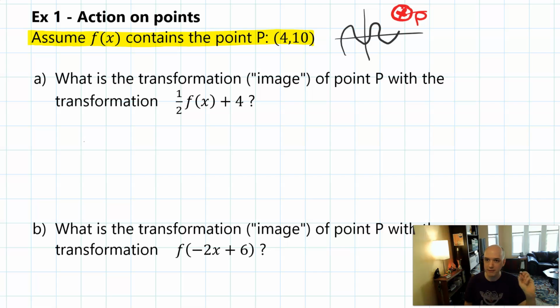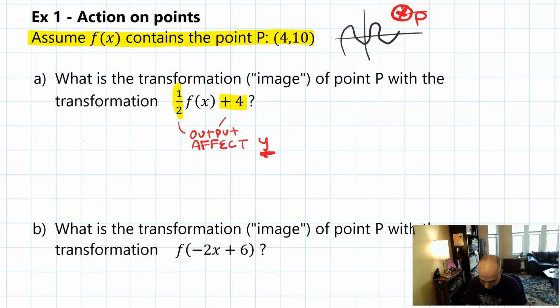And we want to know, if we apply a transformation to this mysterious f(x), what will happen to point P? What will be the transformation, sometimes called the image when you're talking transformationally, of point P under certain sets of transformations. The first set we're going to look at is the transformation 1/2 f(x) + 4. And what's important about this is that when you chunk these out, these are both examples of output transformations. 1/2 is multiplied to the f(x), and the plus 4 is added to the f(x). So these are both going to affect